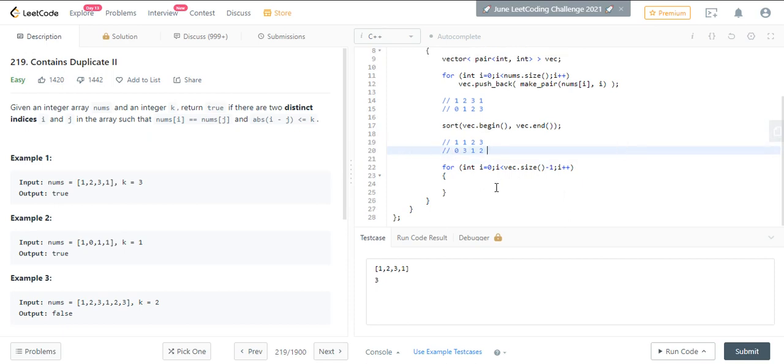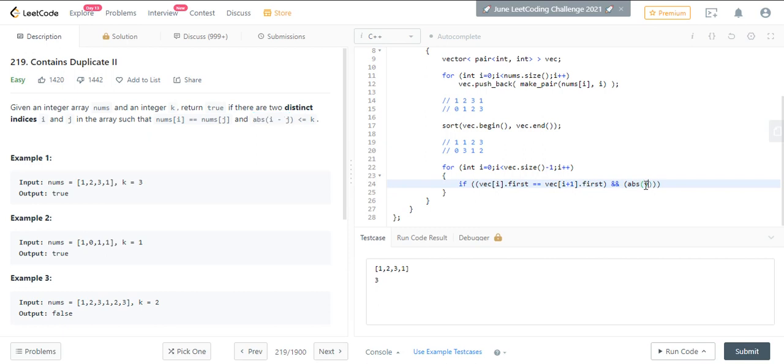Okay, now if vec of i dot first is equal to vec of i plus 1 dot first. So here what we have done is we are comparing the first element of the pair for the entire vector with the next element of the vector. So the first is the actual nums, so we are comparing those for each alternative pair, and if it is true, then we are going to check the condition of i minus j.